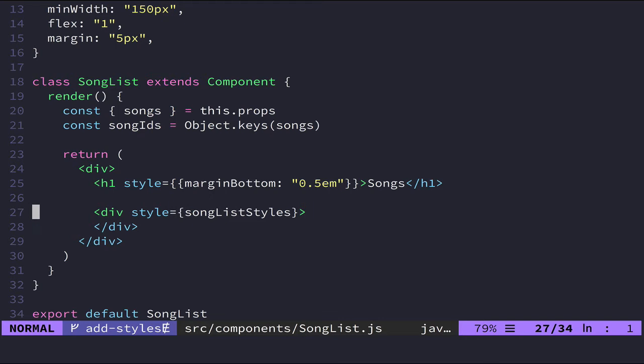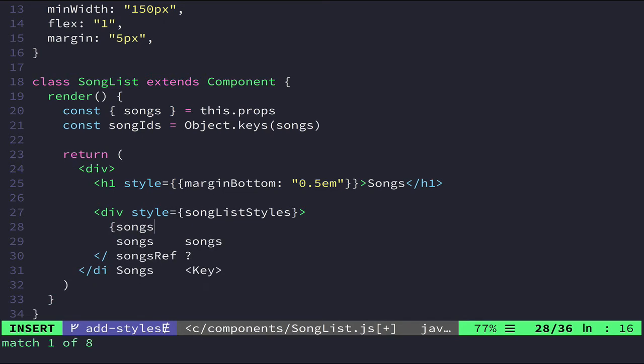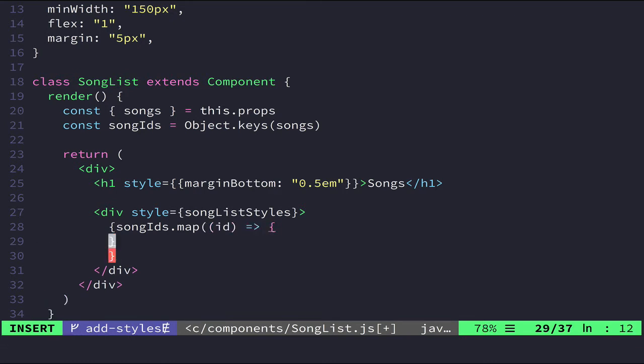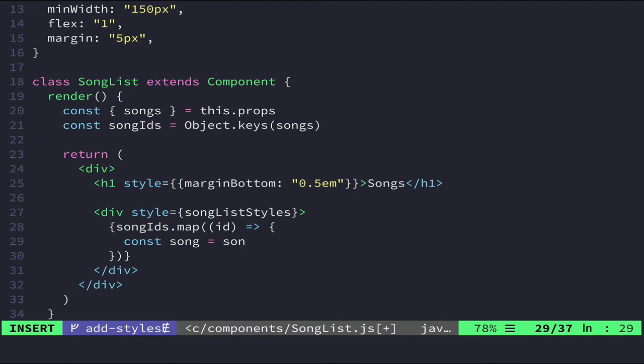So inside of song styles, we're going to add some JavaScript. And this is going to do basically the same thing we had before. So we're going to have song IDs, map, ID, and then in here we want const song. We have to fetch the individual song. So we'll do songs with that ID. And then we want to return